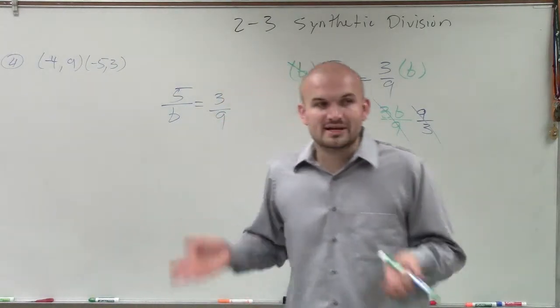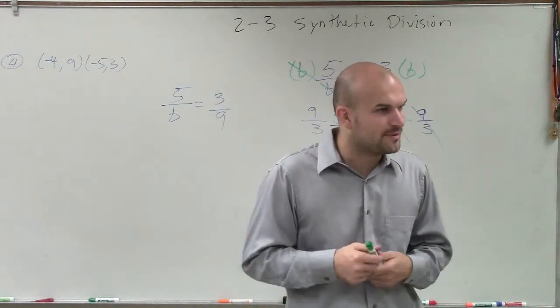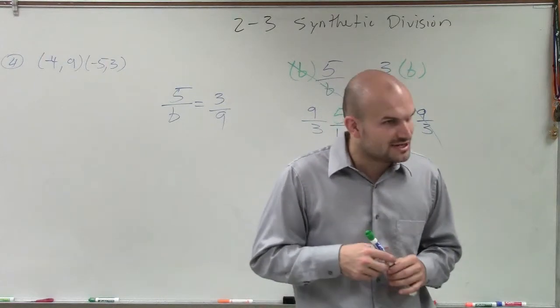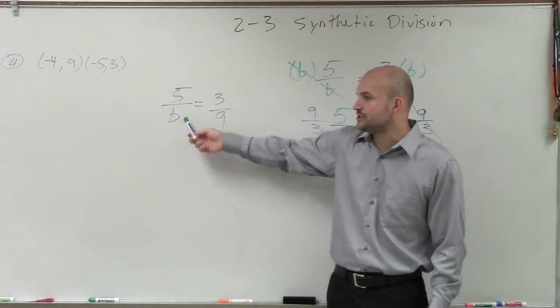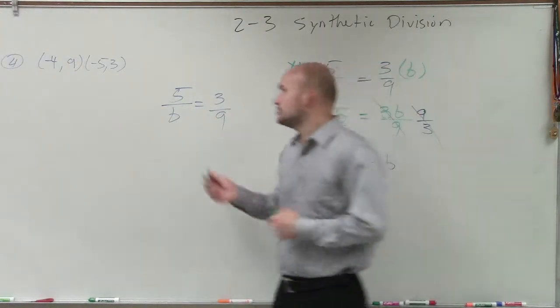But cross multiplication is very confusing sometimes because students think cross multiplication only happens when you multiply fractions. But guess what? Cross multiplication doesn't happen when you multiply fractions. Cross multiplication only happens when you want to solve a proportion, meaning you have a ratio equal to another ratio. So to do cross multiplication,